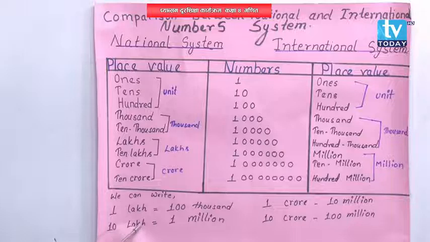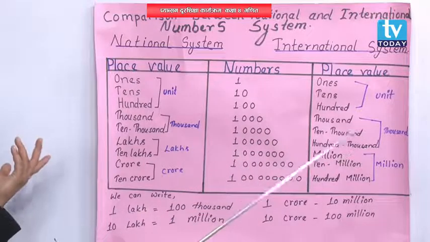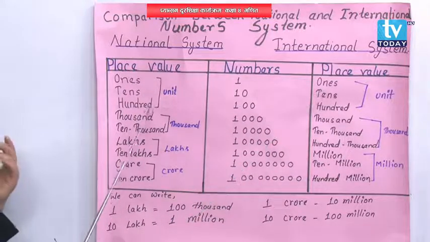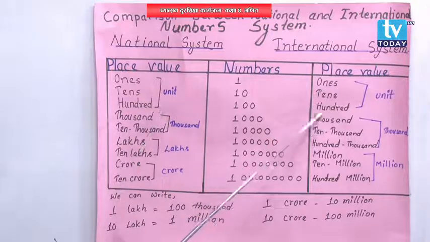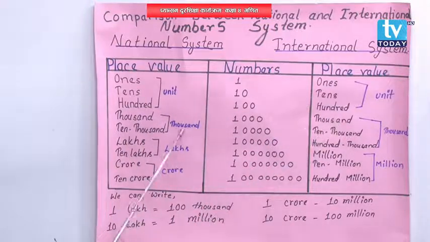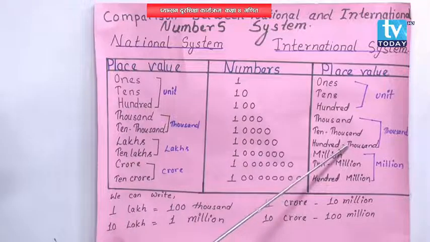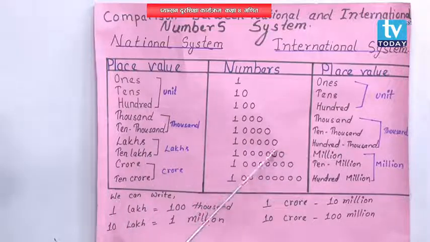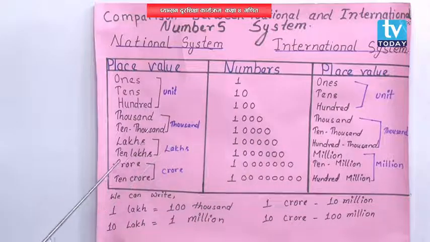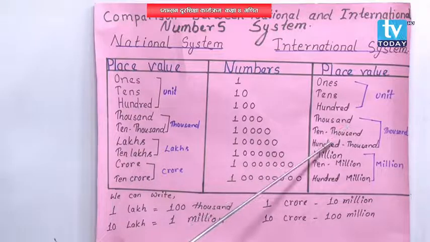You can have a look over here, because ones and ones, no differences. Tens and tens, there isn't any difference. Hundred and hundred, not any difference. Thousand, same. Ten thousand, ten thousand, it's the same. The differences started from lakh. Are you getting me? So differences started from lakh. So you have to write 1 lakh equals 100,000. Can you see in the straight line also? Yes. Lakh means 100,000.